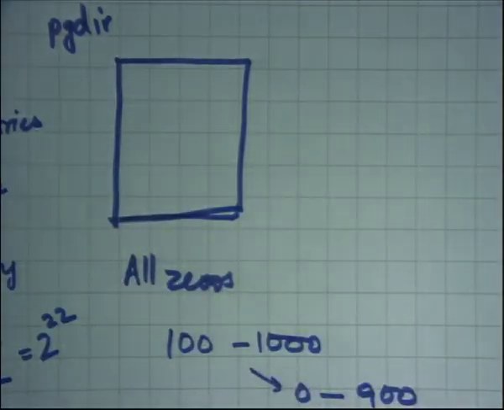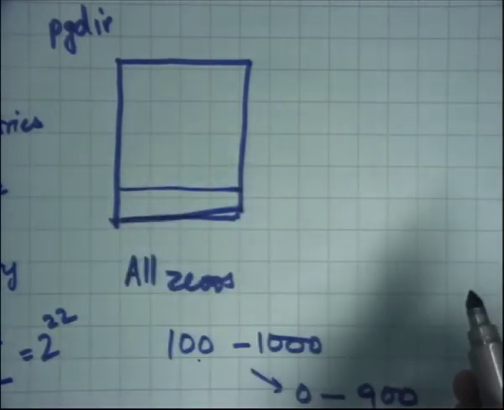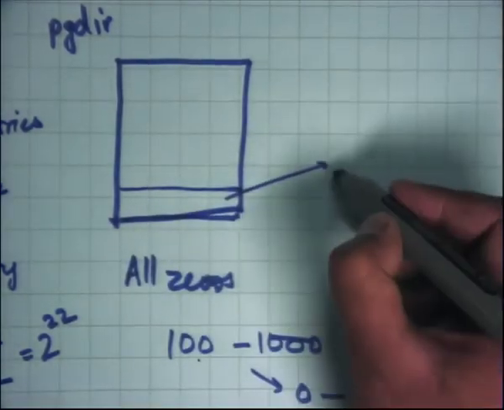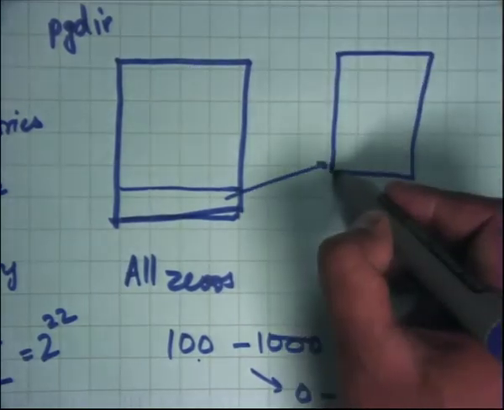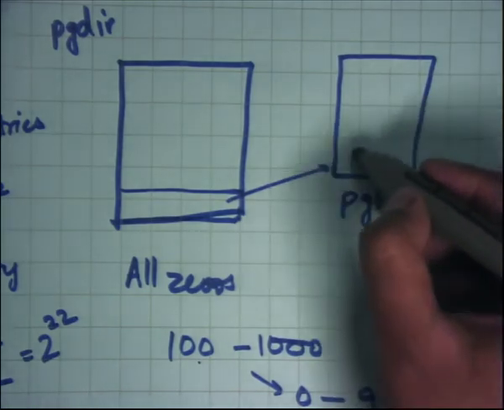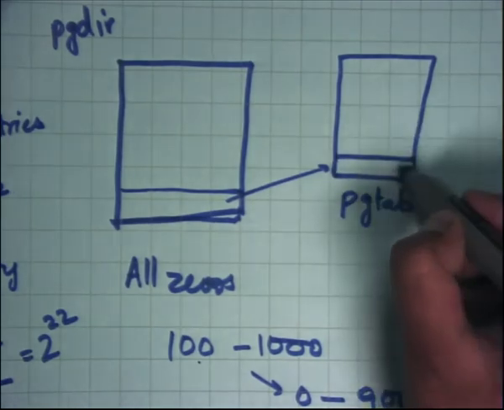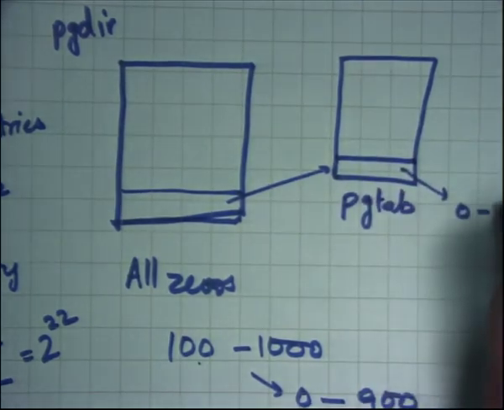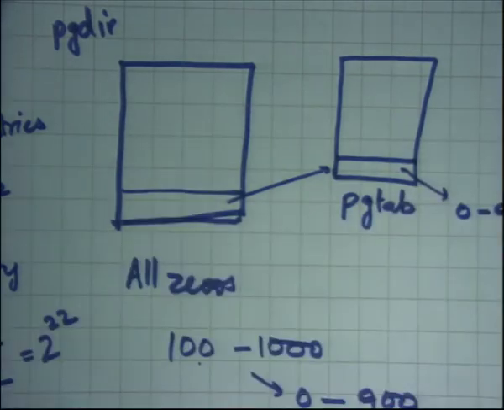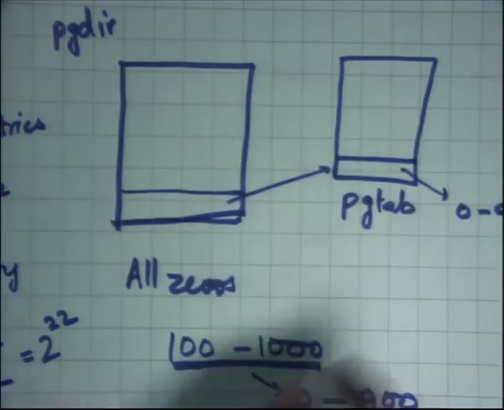And recall that this 4 MB could be mapped using large pages, or it could be mapped using another level of indirection using a page table, right? So in this case, 100 is going to be the first entry within the first 4 MB. You're going to allocate another page table here. Let's call this page table, and in this each entry is going to map 4 kilobytes. So here you're going to create an entry saying map to 0 to 900, right? Clearly I cannot just create this mapping, I need to say what are the corresponding pages, and so I can only do this at page granularity.